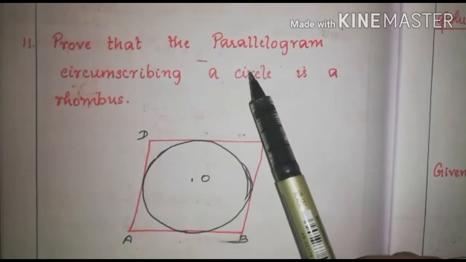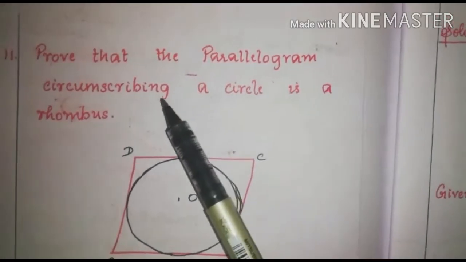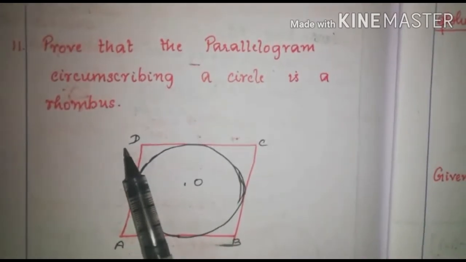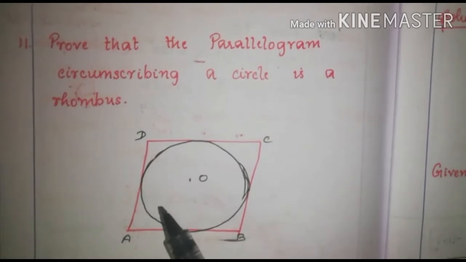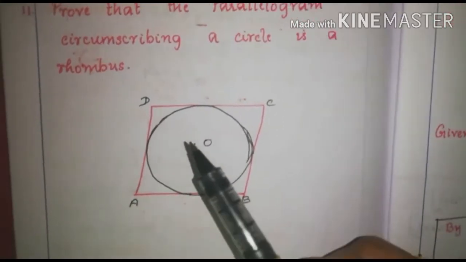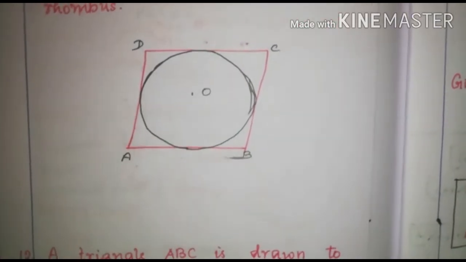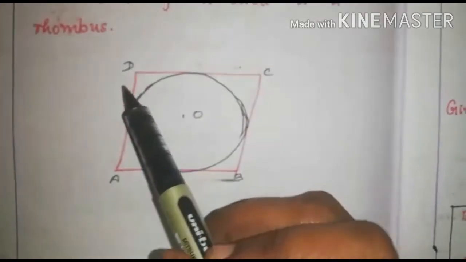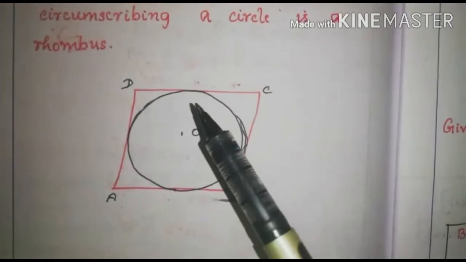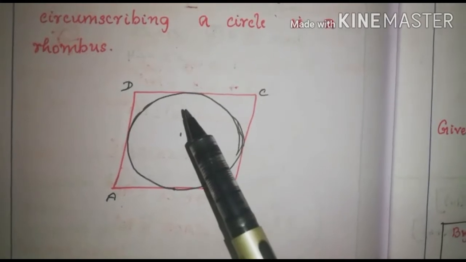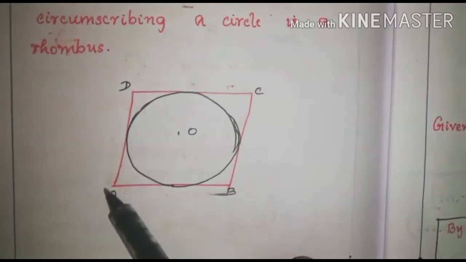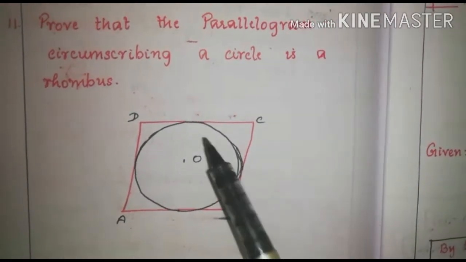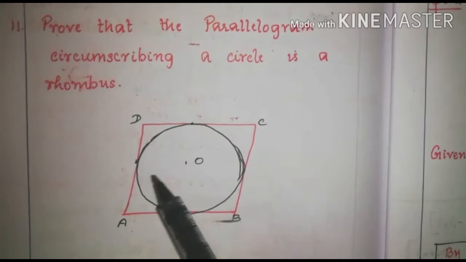So here, you are asked to prove that a parallelogram which circumscribes a circle becomes a rhombus. Already you have done a similar type of sum in the 8th or 9th question, I think. In that, it was given a quadrilateral circumscribing a circle, okay? So first, this will be your homework. You are going to proceed in the same way as you did that previous sum. So here first you draw a parallelogram and you draw a circle inside it in such a way that all the four sides touch the circle at one point, okay?